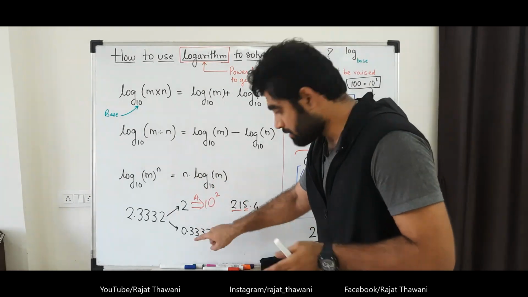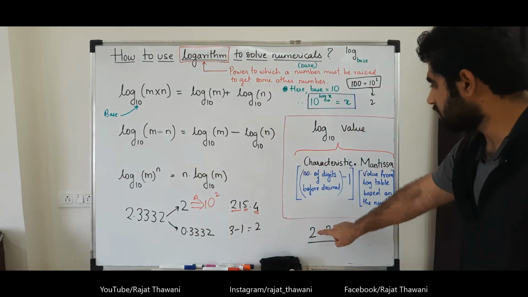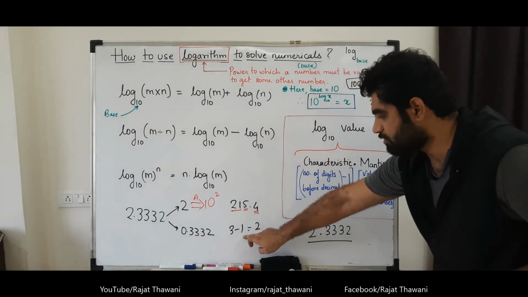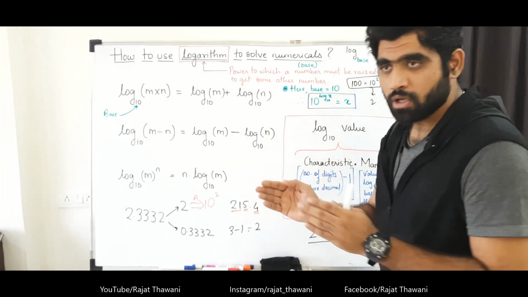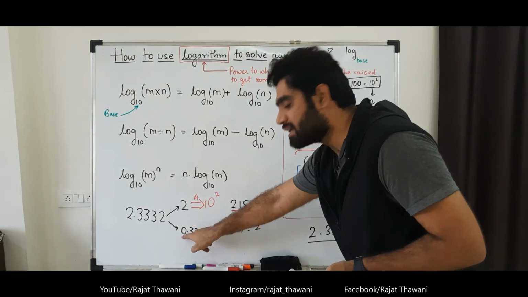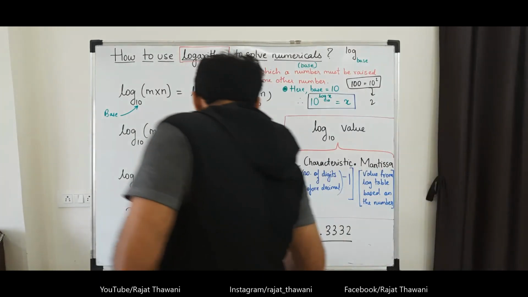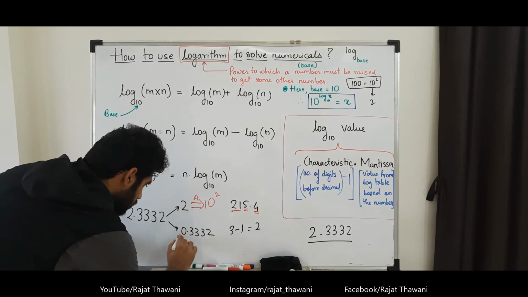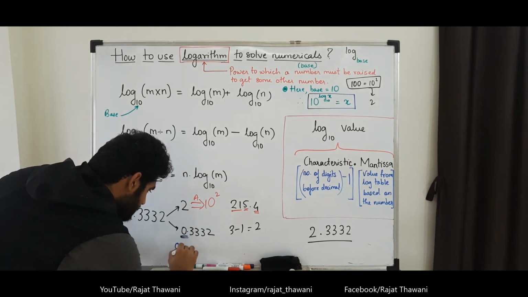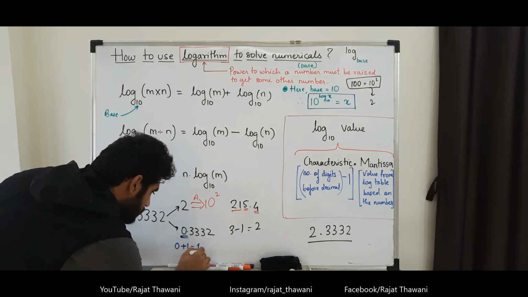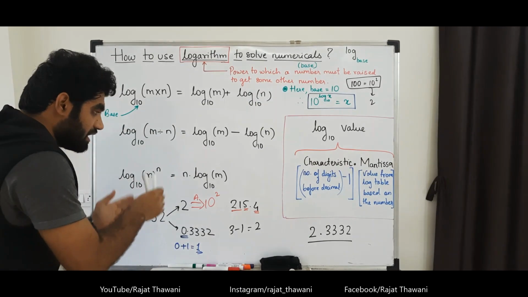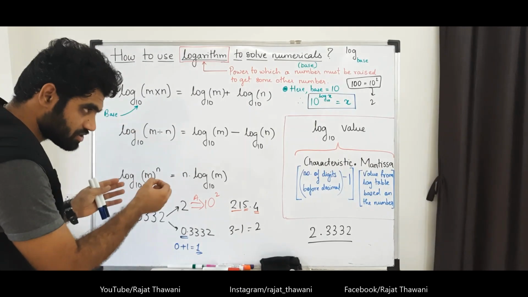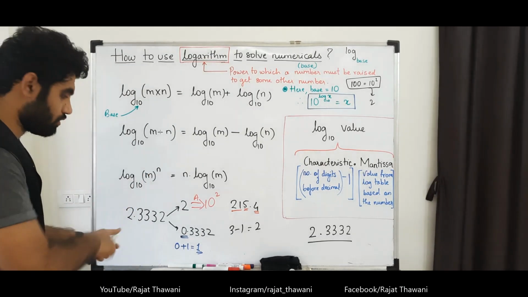So whatever number will be there in the characteristic, we have subtracted by 1. Therefore, for finding out the number of digits before the decimal, we'll be adding 1 to that characteristic. This is 0, so 0 plus 1, that is 1. So whatever will be the antilog of this number, we will take the decimal in such a way that there is one number before the decimal.